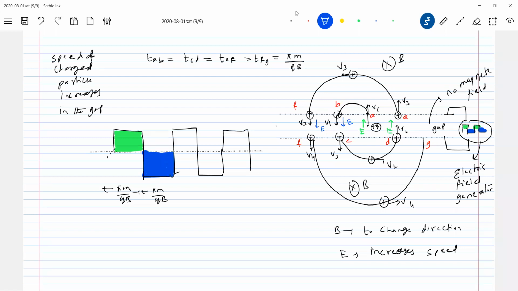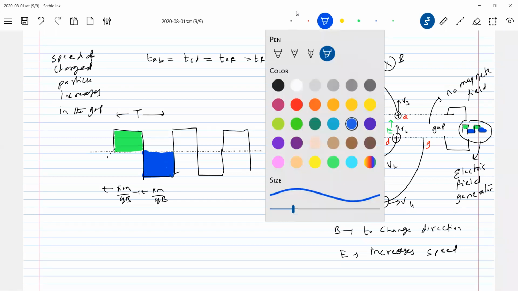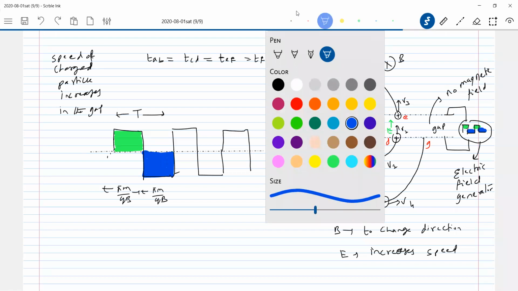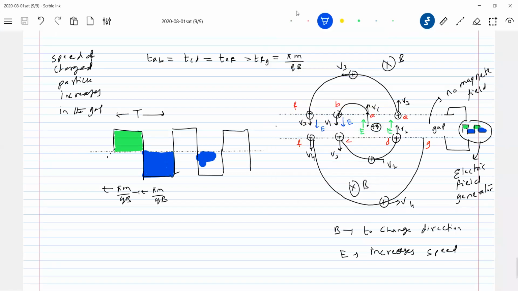Okay, good. So shall I call this T now? I think all of you know the periodicity of a function. This part of the graph will repeat again and again. If you see this, what part of the graph will repeat again and again? This part of the graph will repeat again and again. So shall I call that periodicity?